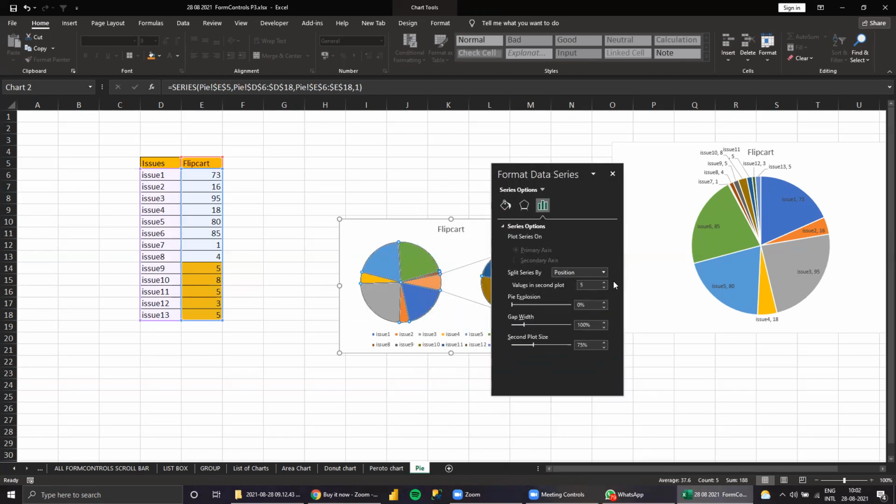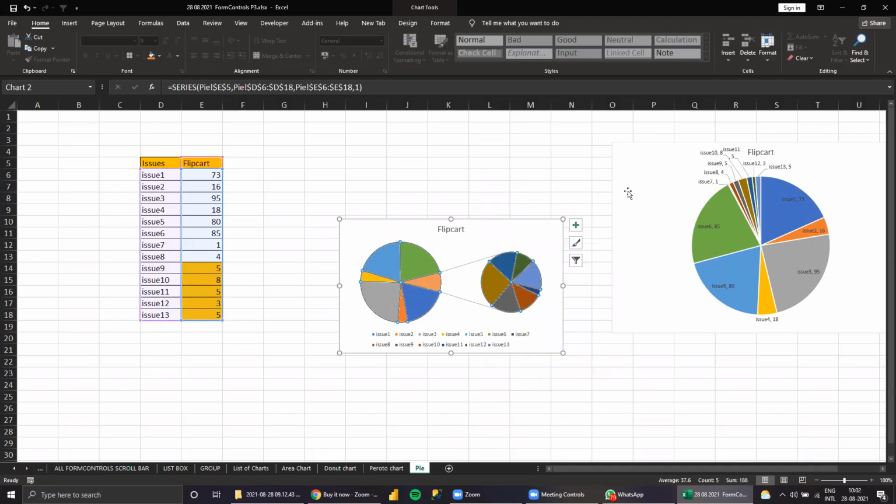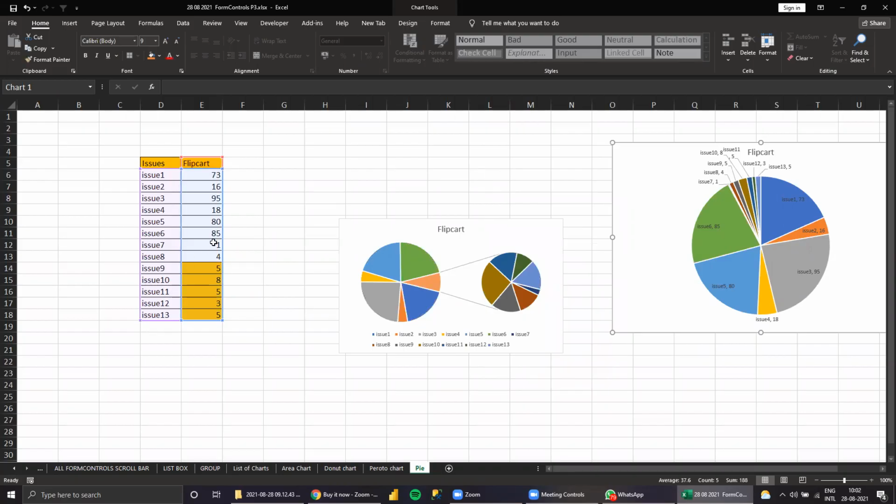See, by default, we have 5 values. This 5 values are plotted in the second pie, the last 5. So make it 7. That means the last 7. This we can customize. Okay, then see here, now this is all like 1 pie.